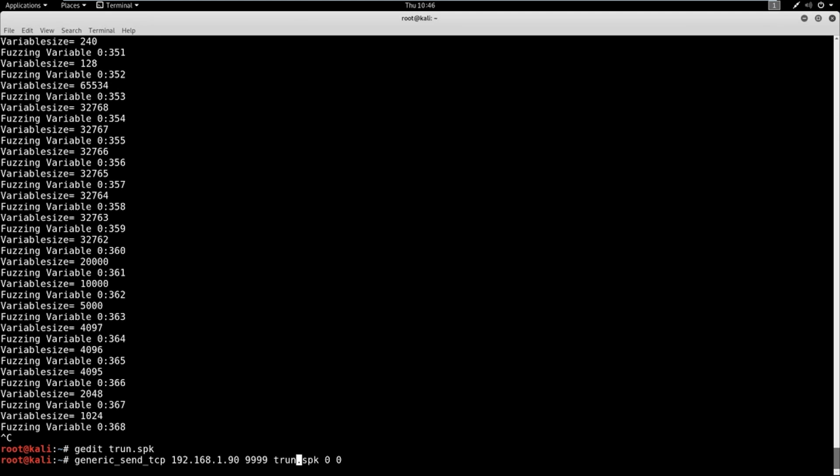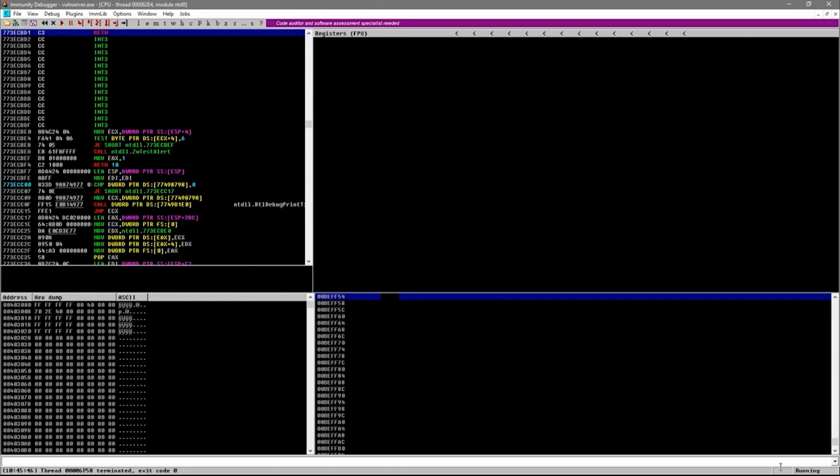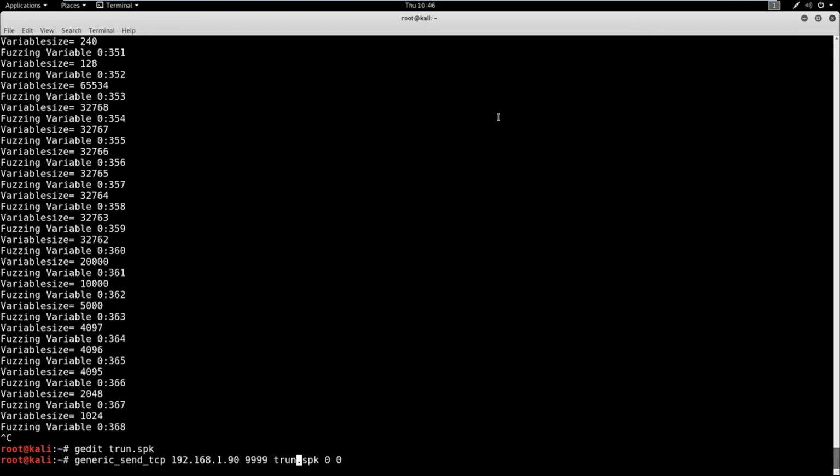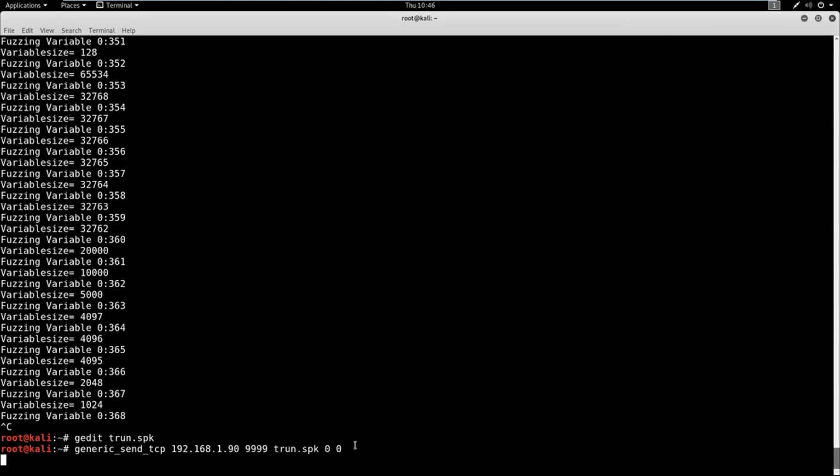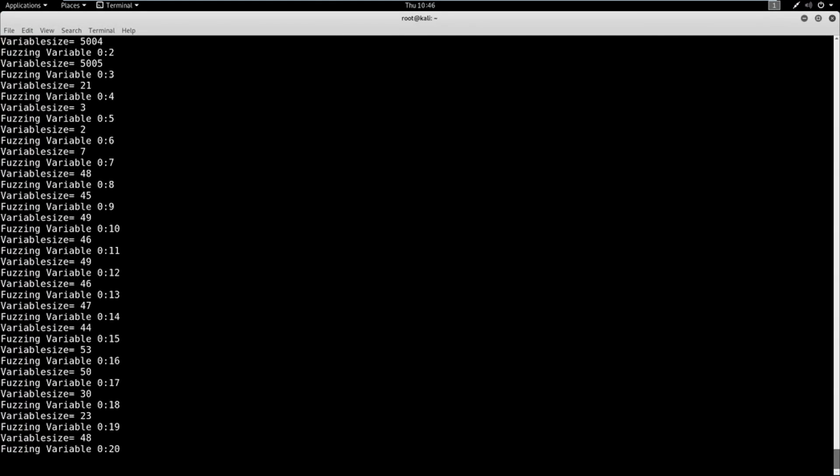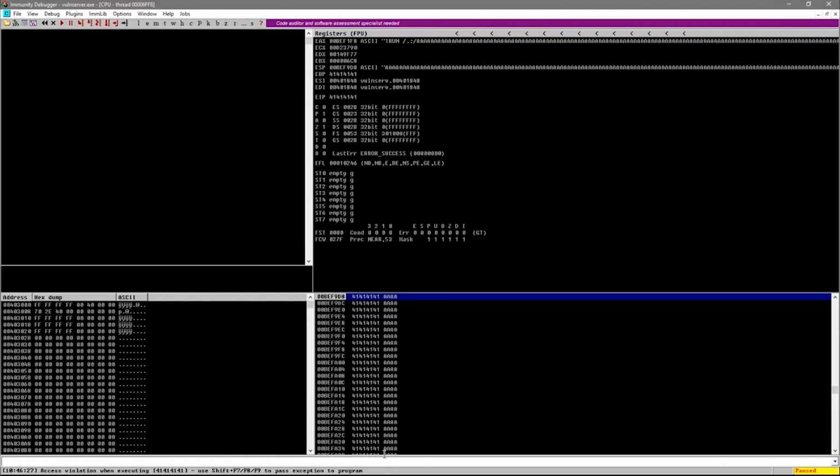And then again, we have to make sure Immunity is running. You see it's running in the corner. We're going to go ahead and hit send on this. And immediately Immunity starts blinking. What happened? We have paused over here. There's an access violation when executing. Okay, let's go ahead and